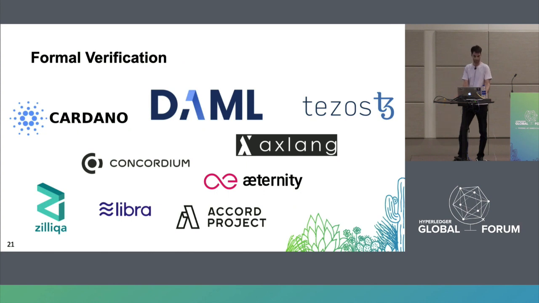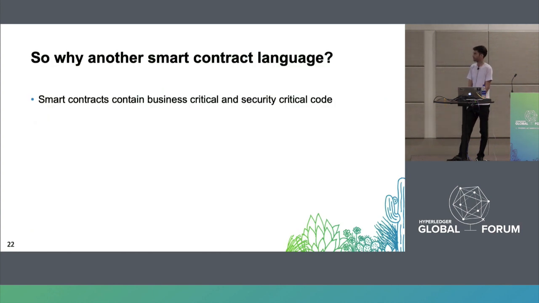So this is a simple example of formal verification. And once again, just like with functional programming, it's not just us doing this. All our friends that we mentioned on that previous slide are also doing this as well. So that leads me to concluding what I've been showing so far about why another smart contract language